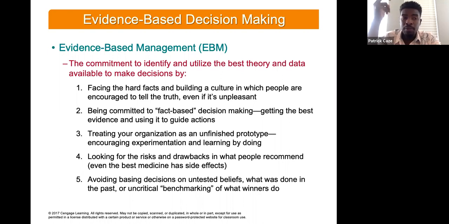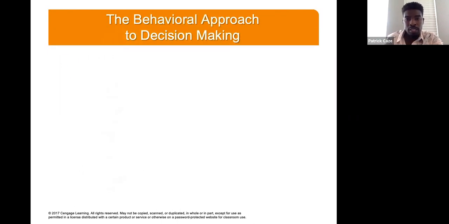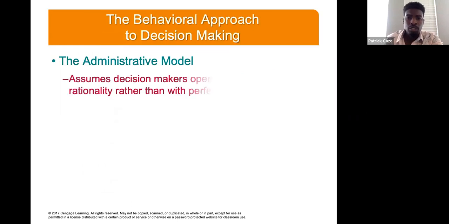That's why it's called evidence-based, because we're looking at, okay, from 2010 to 2015, this is what we did, this was the outcome, and now we're in 2021 and we have the same situation, and we're trying to figure out how to approach this. What did we do last time? Are we going to make a decision based on the current situation, or based off of what happened prior? Again, it depends on how you approach it, if it's evidence-based or if it's the rational approach.